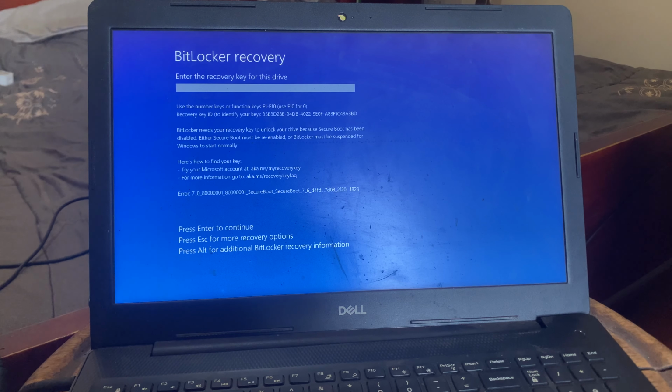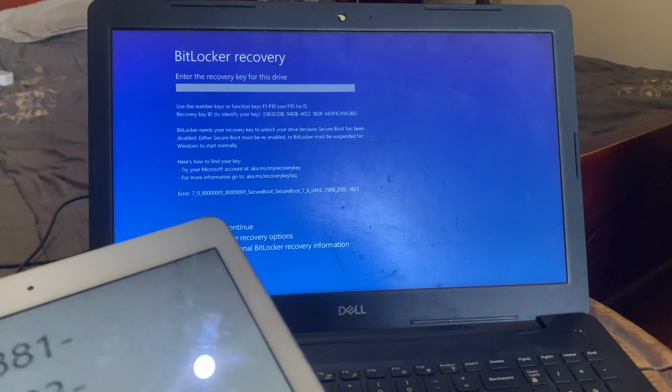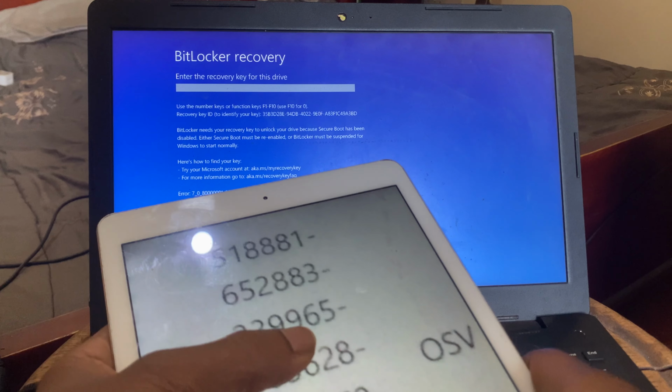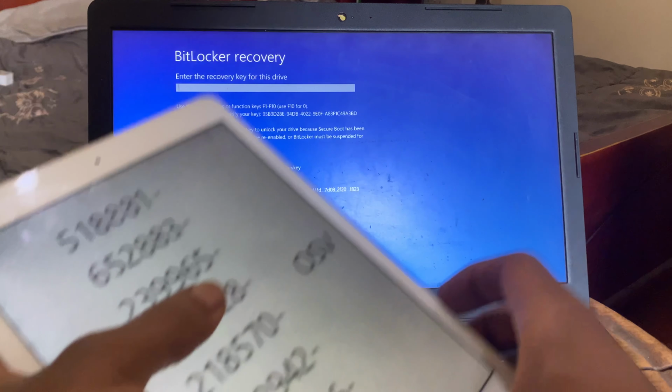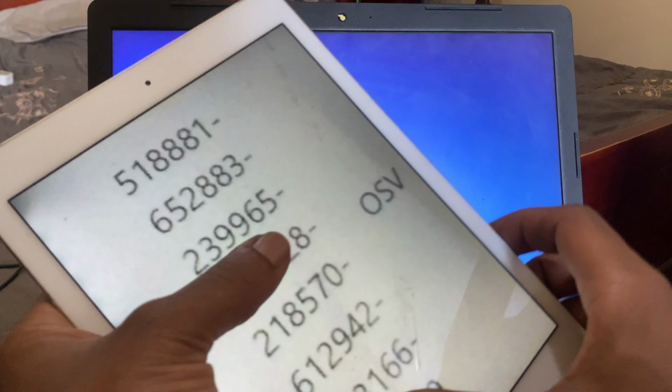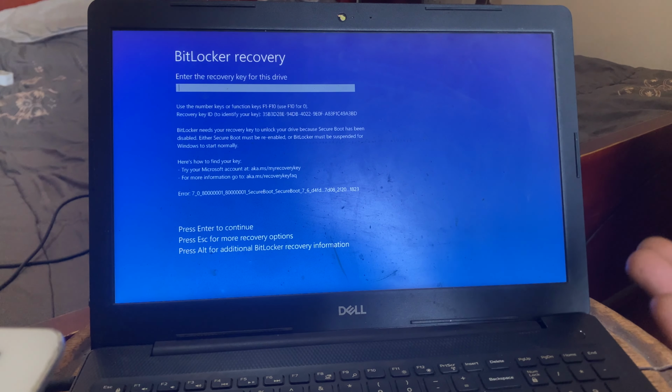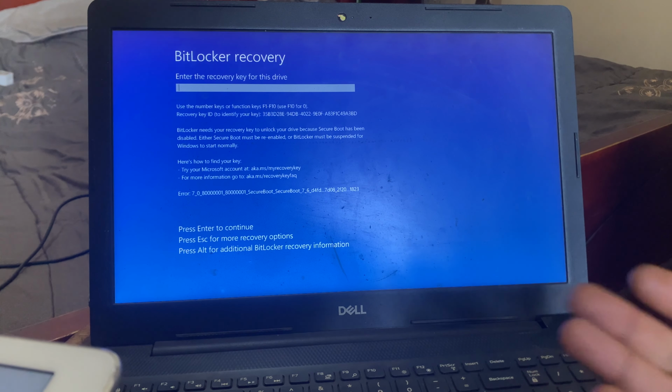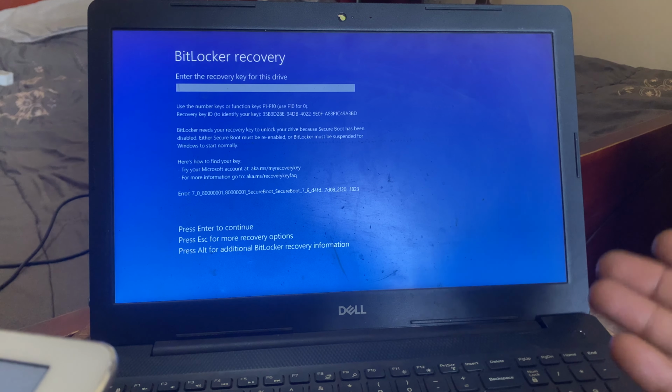right now. For me, I have this BitLocker. It looks like this here. So this is my BitLocker code that I'm going to use to unlock this computer, and without it I cannot unlock this PC. I will require it, or the files will be encrypted,